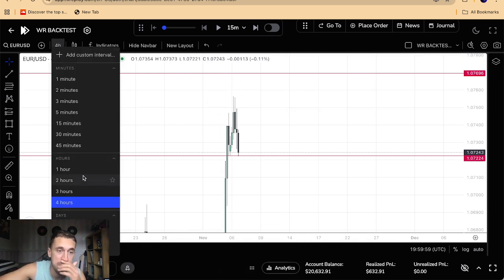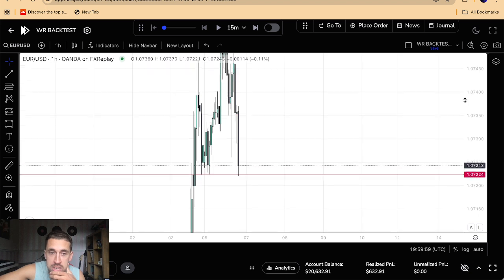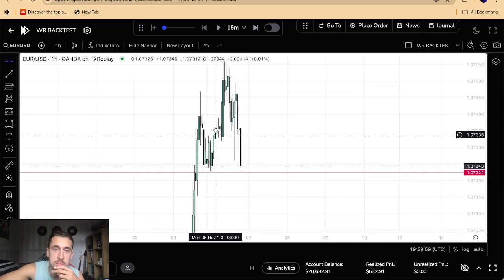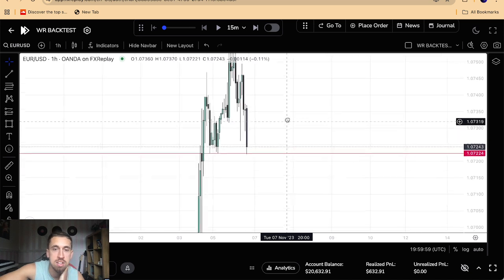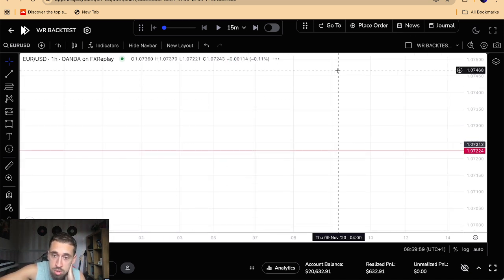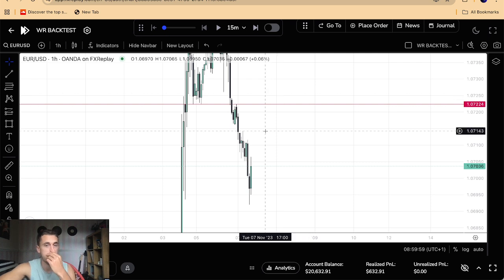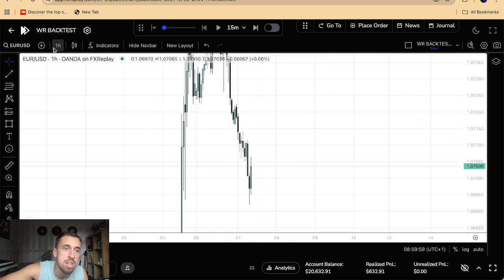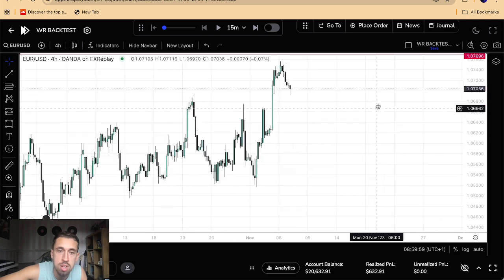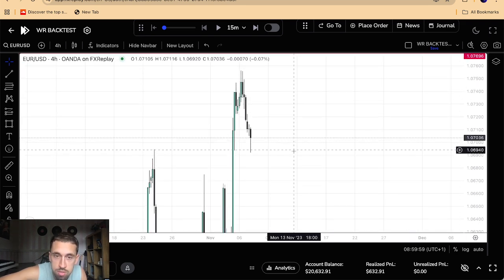But yeah, I think that low should be next, because look again, accumulation, manipulation, and we distribute back into this low. That was just the last back test I was looking at anyway, so let's move on to this next day. So we did take that low. Okay, cool. So what are we looking at overall? We're looking at a higher time frame target,